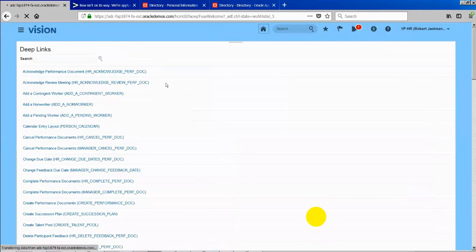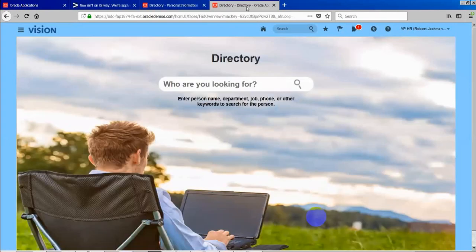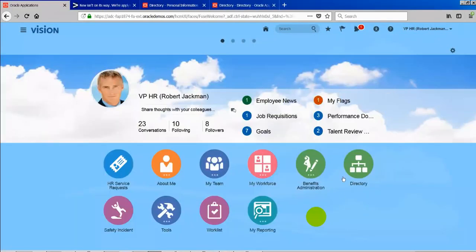Deep links mean that it doesn't require any login, right? That's a very good question. Yes, it needs login. As I already logged in with this user, I'm able to access it. But if you are not yet logged in, it will ask you to provide the username and password. Typically in companies we use single sign-on, so we won't be asked for the username and password once we log in. It will work seamlessly. But if you access it outside of the company network, you should give the username and password. It won't just go like that. Security is there, and we cannot bypass it.